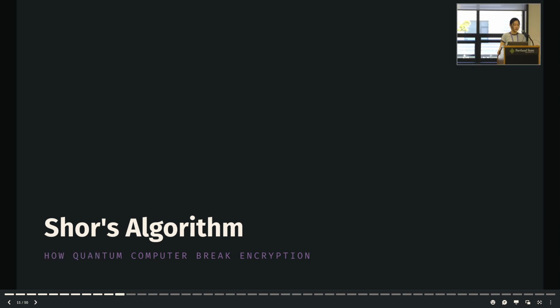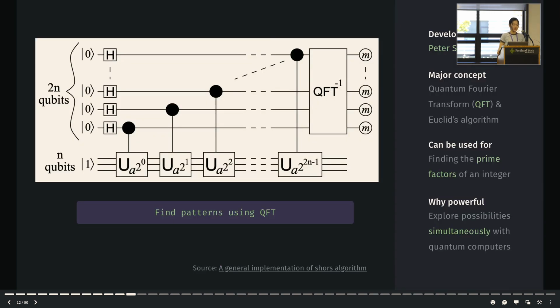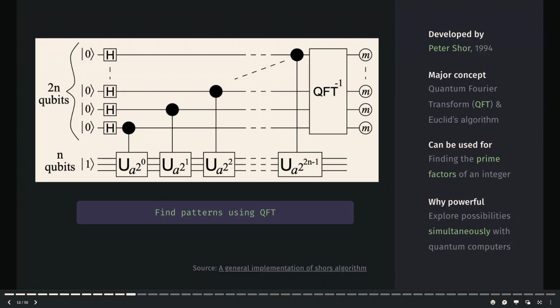But how do quantum computers threaten this? And why is RSA no longer considered fully safe when Q-Day arrives? This is where Shor's algorithm comes in. I'm not a quantum expert, so again, I won't cover all the math and physics details behind Shor's algorithm, but I will try to explain it briefly.